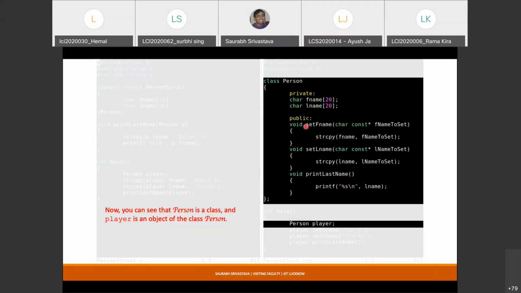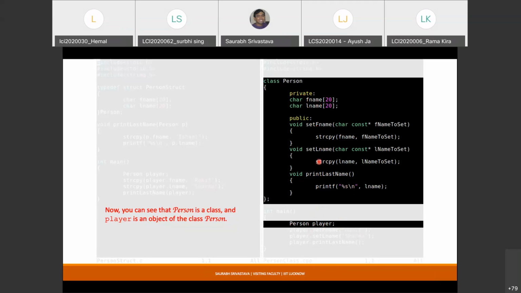So set f name is an operation which is applied to a variable of type person. Whatever it does in this function is essentially going to affect the member variable, or field, in this case, now we are going to use the term field, associated with this particular object or this particular structure variable.